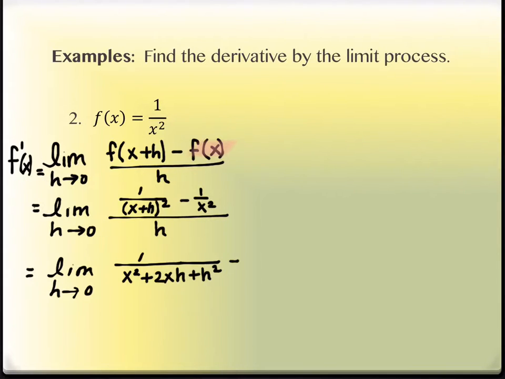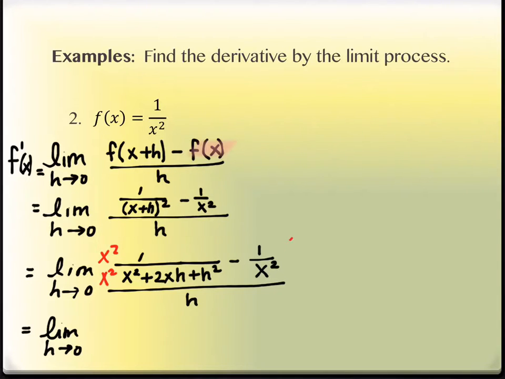Like so. I still have minus 1 over x squared. This is all over h. All right, common denominator, what's it going to have to be? Just the two things multiplied, right? I mean, it's going to be a mess, I agree, but it's going to be those two things multiplied. So if I multiply this first fraction by x squared over x squared, and I multiply the second fraction by x squared plus 2xh plus h squared,